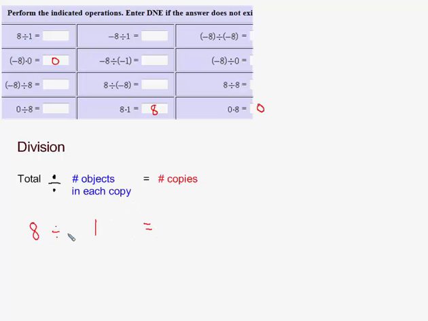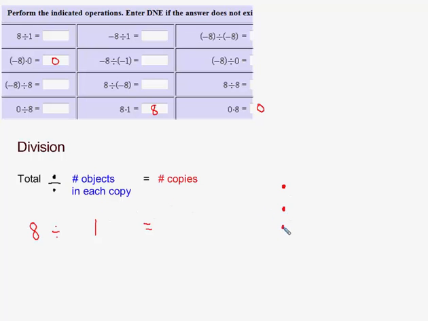The way we thought of this in many videos is that the first number is the total number of things, and the second number is the number of objects in each copy, and the answer would be the number of copies that it takes of that many objects to make a total of 8. If the number of things in each of my copy is 1 thing, how many copies of it would it take to make 8? So here's my first copy of 1 object, and my second copy of 1 object would